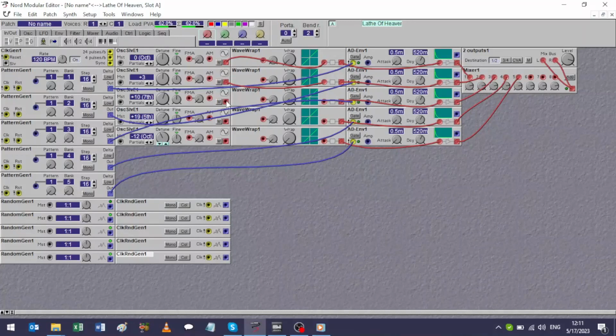Notice that if I get something wrong, I click here. There's one little black thing on the patch cable, and then it changes to a plugged patch cable when it's ready to be plugged. I let go, and it's in. But if I want to move it, I double-click it, and now you can see there's 2 black lines, which means you're going to remove it from its current port and move it to here. You can see it's plugged again. It's a good little system. It's kind of